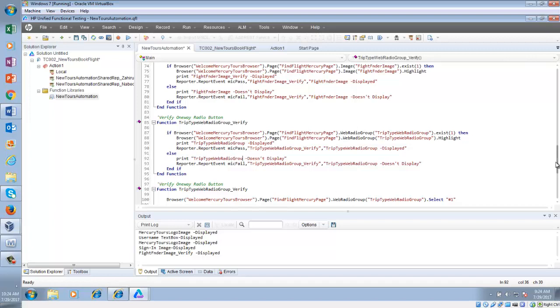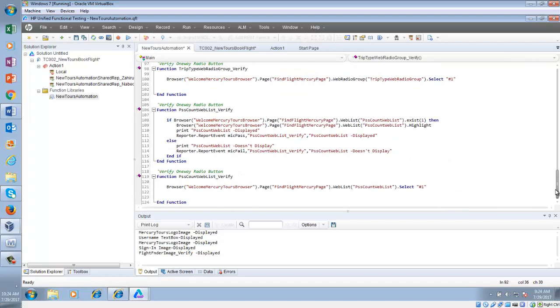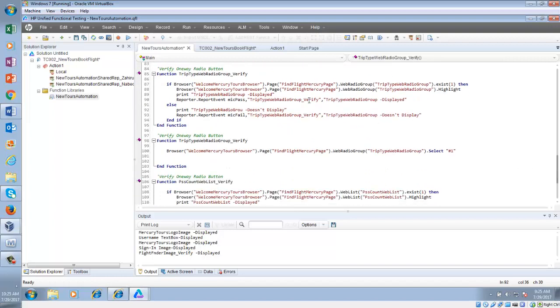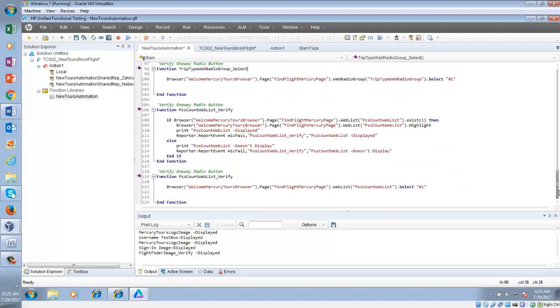Okay, now so what we did, we have written another function. First we verified that passenger web list exists, and then first we are verifying, and in this function we are selecting. This is the case of verify also, right? So I want to say, why do we need two functions over here?